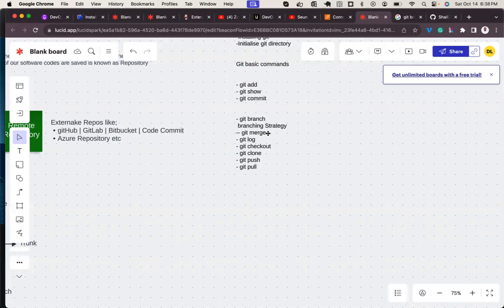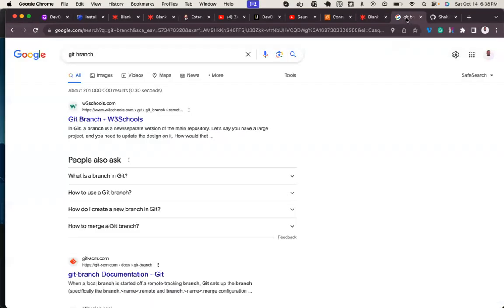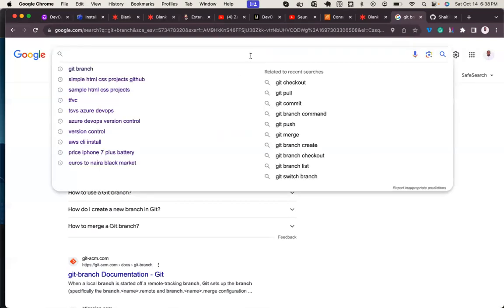These methods are used to control branching conflicts. Let's look at Google and see what Google has to say about branching strategy, the types of branching strategy, and which one is better.